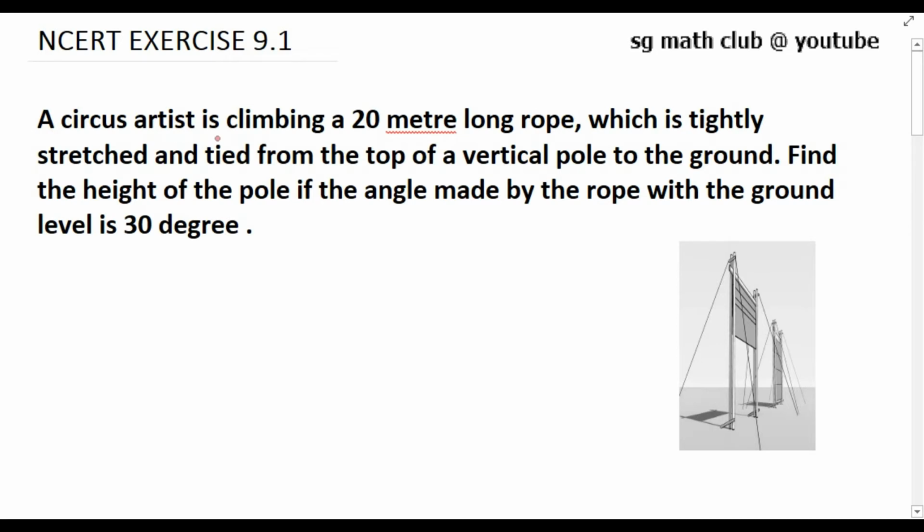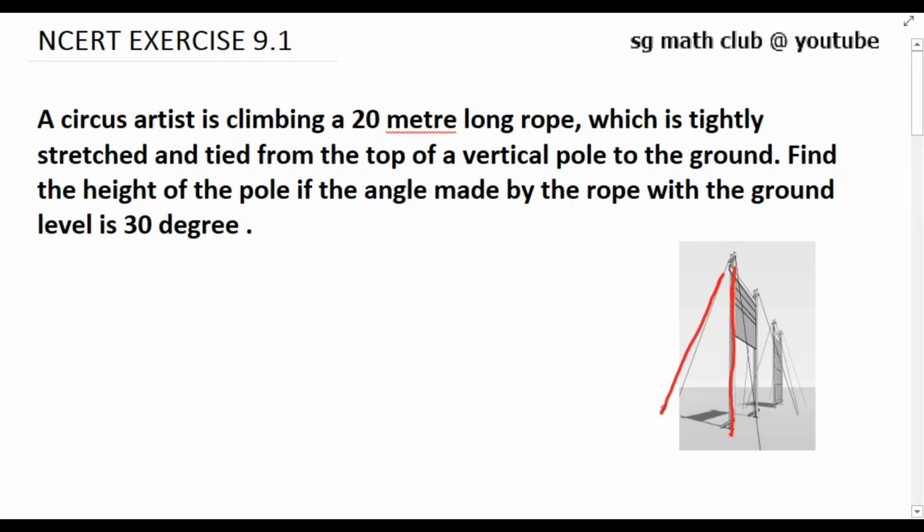A circus artist is climbing a 20-meter long rope. Suppose this is the 20-meter long rope which is tightly stretched and tied from the top of a vertical pole, and this is our vertical pole, to the ground. Find the height of the pole. We need to find the height of this pole if the angle made by the rope with the ground level